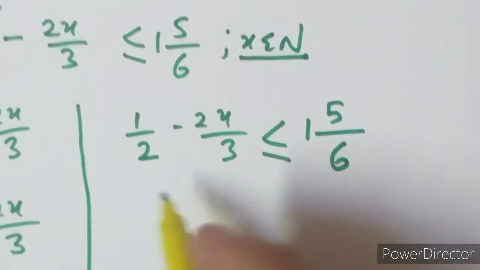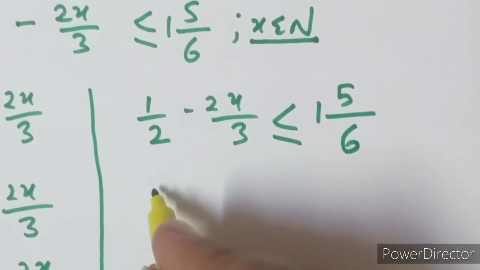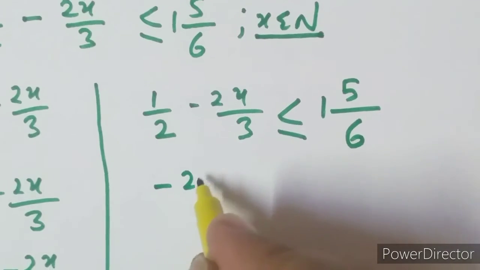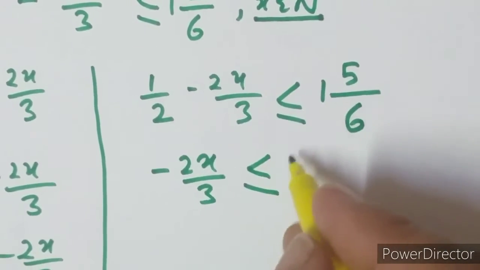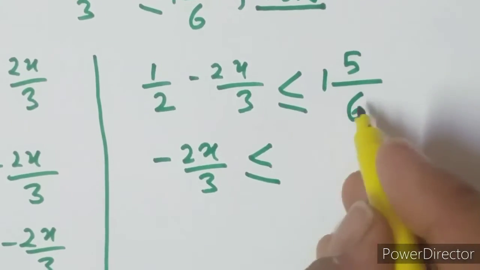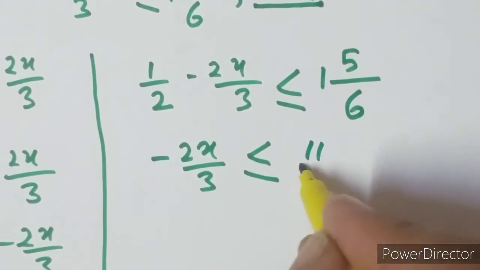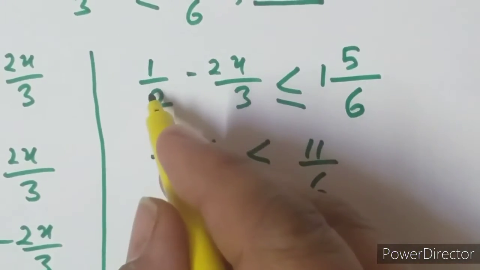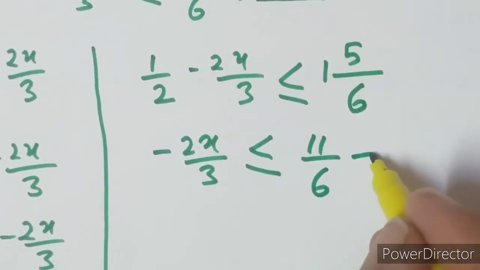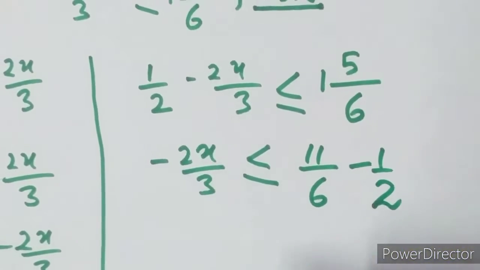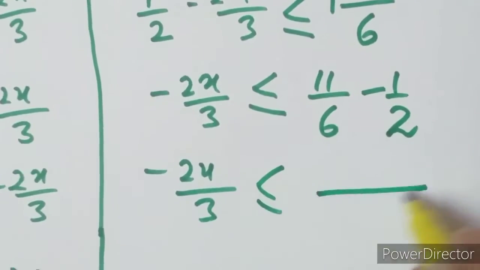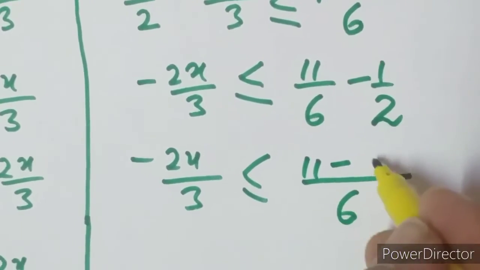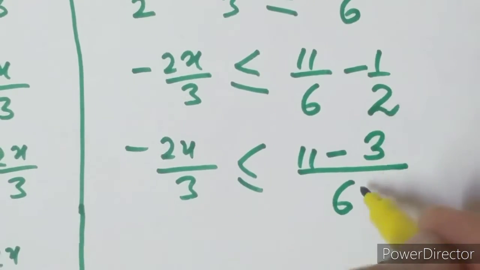We have got it like this. So I will keep this x term with x on this side only and take this constant to the other side, and for that we need to solve this also. So it becomes 11 by 6, and 1 by 2 will come to the other side as minus 1 by 2 like this. Now solve this taking LCM, minus 3.